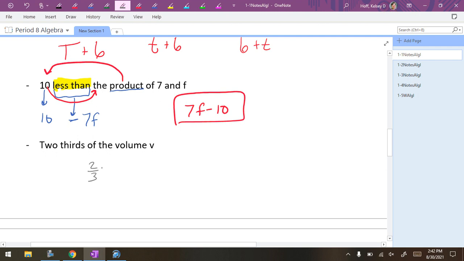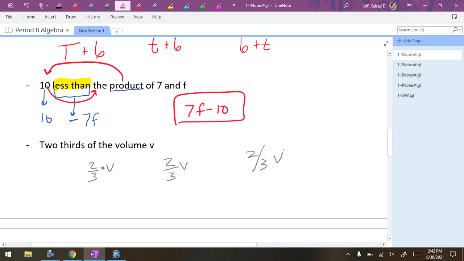How did you show me times? Did you just put it next to it? Did you put a dot? A dot like that? Is he right? Yeah, technically, could you have done this? Yep, either way. One thing I would get used to writing your fractions, the numbers over top of each other, a lot of times people write it like this.